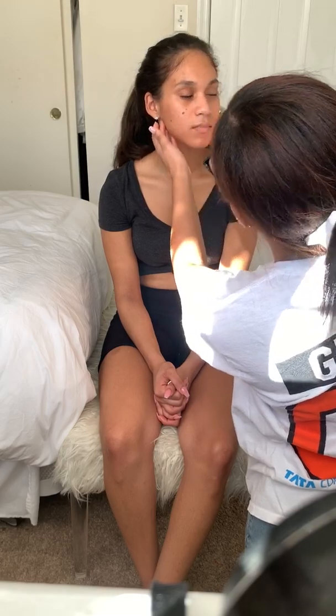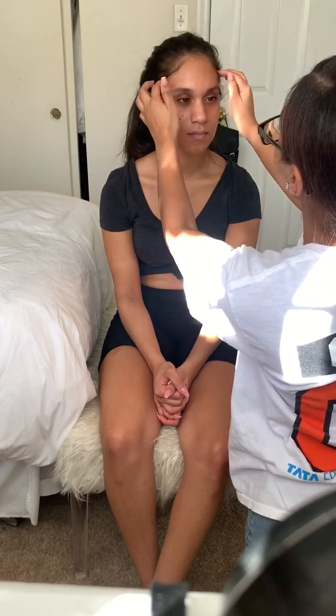Now we're just going to look at your face. I'm going to look straight at you to make sure that your eyes are even, your mouth area is even, and there's no drooping of any sorts. Looks pretty good. You have a few beauty marks on your face. Yes. Okay. Have you noticed any changes in your face lately that wasn't the same before? Maybe an increase in acne or anything like that? Yes. I didn't break out as much as I did 2 weeks ago,